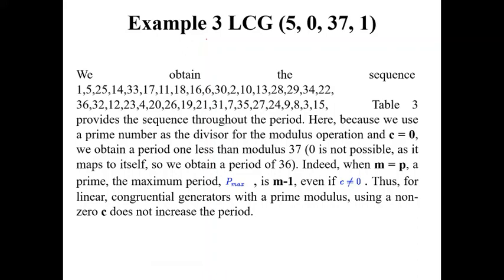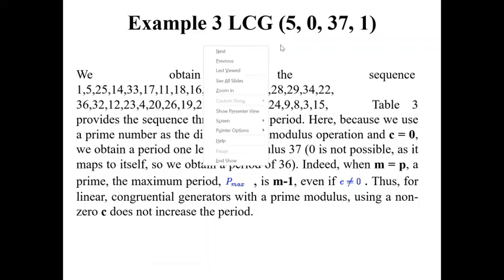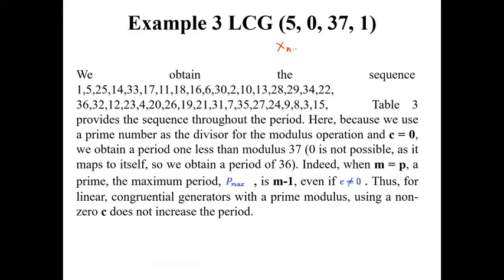So instead of mod 16, if I do mod 37, a small change, that's all. So here xn becomes equal to 5 into xn minus 1 plus 0